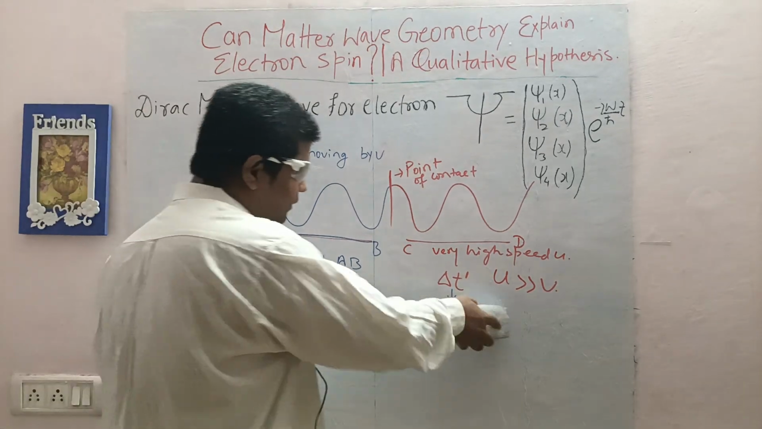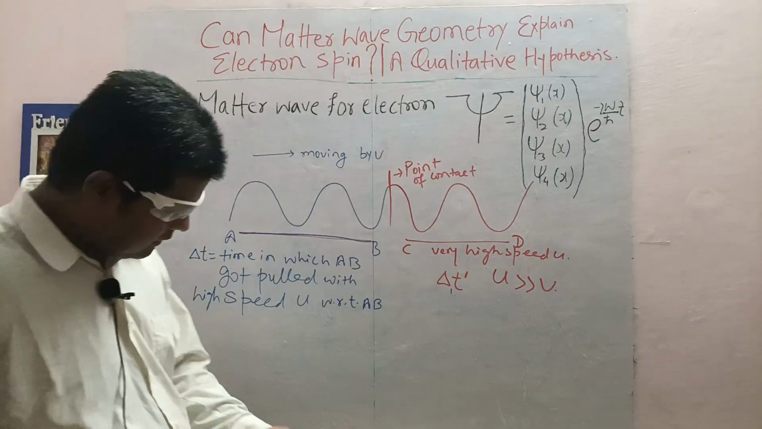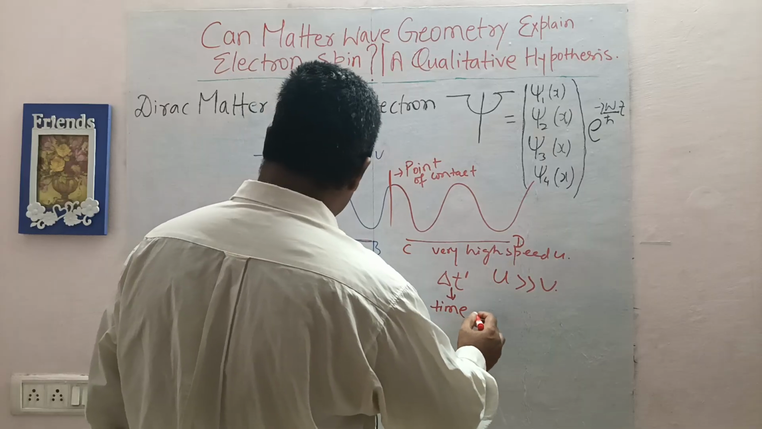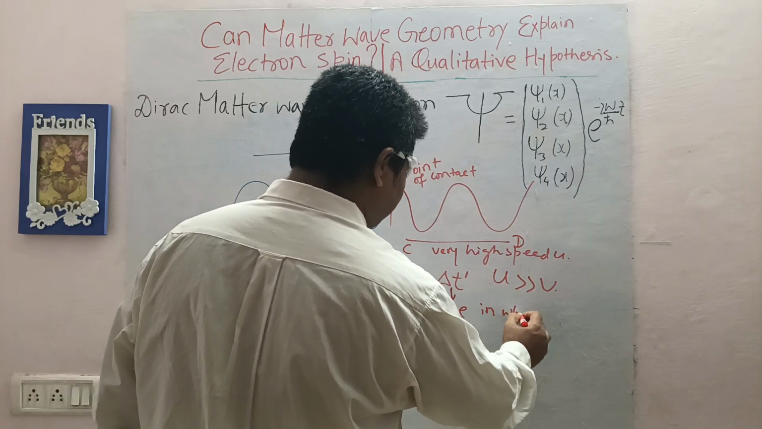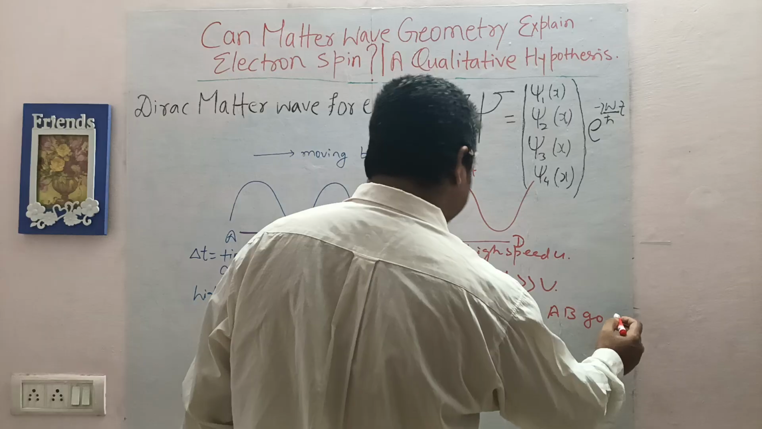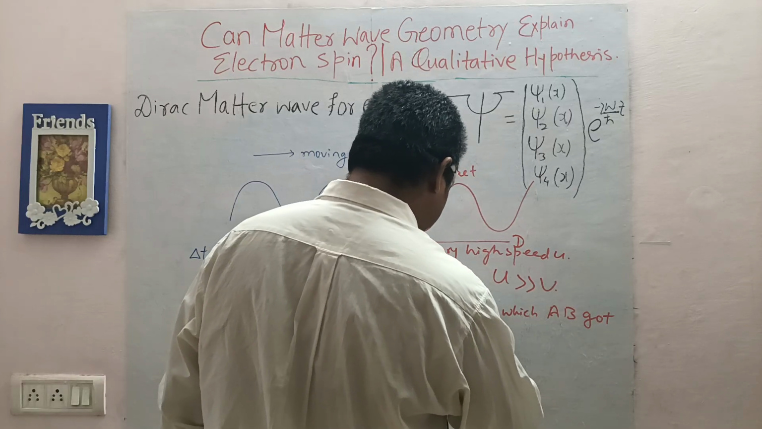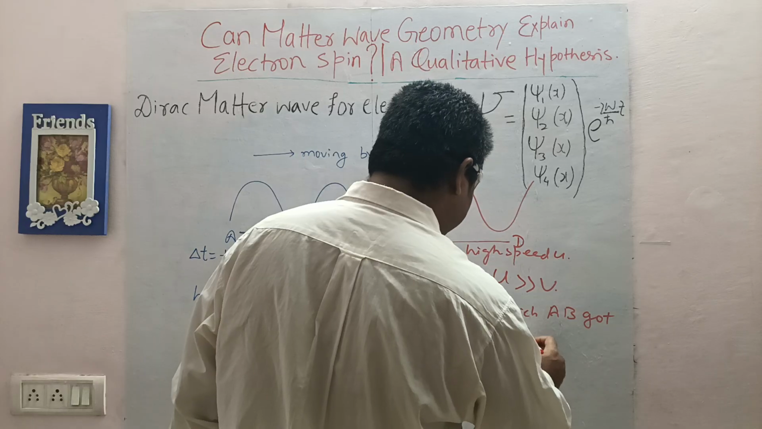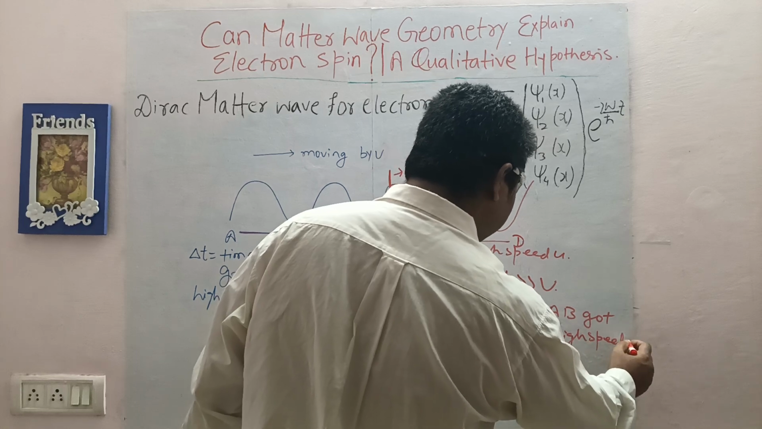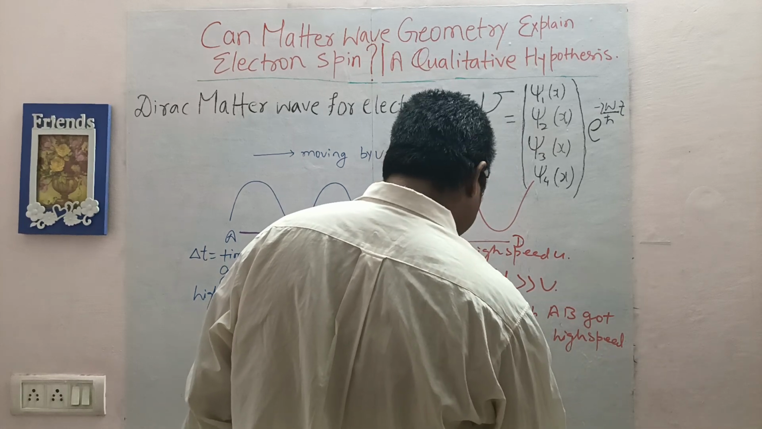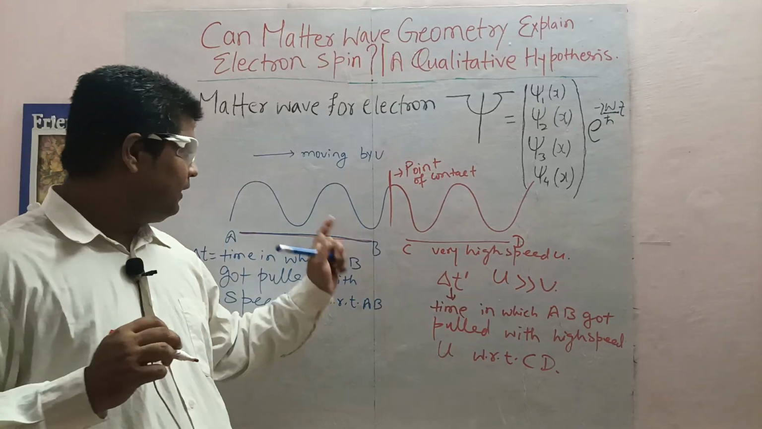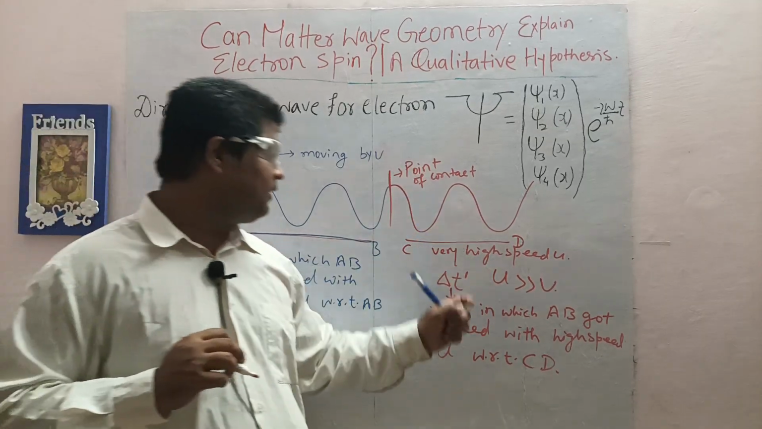And the same thing here, del t dash is the time in which AB got pulled with high speed u with respect to CD. For this same event, this section notices this time, this section notices this time, and this